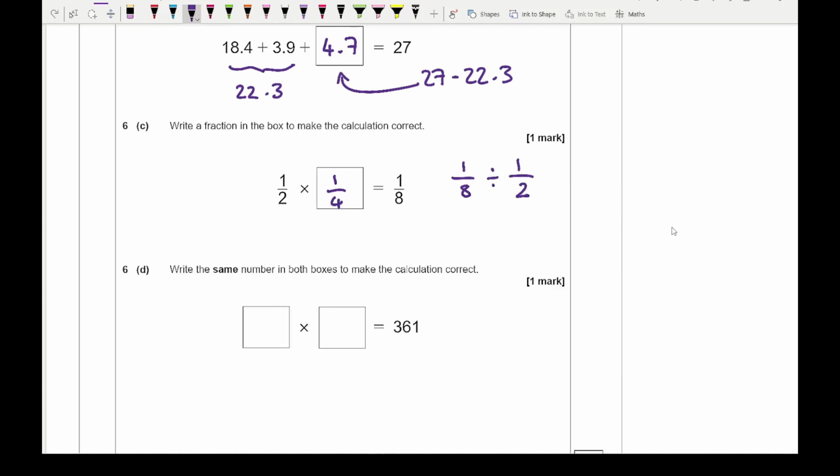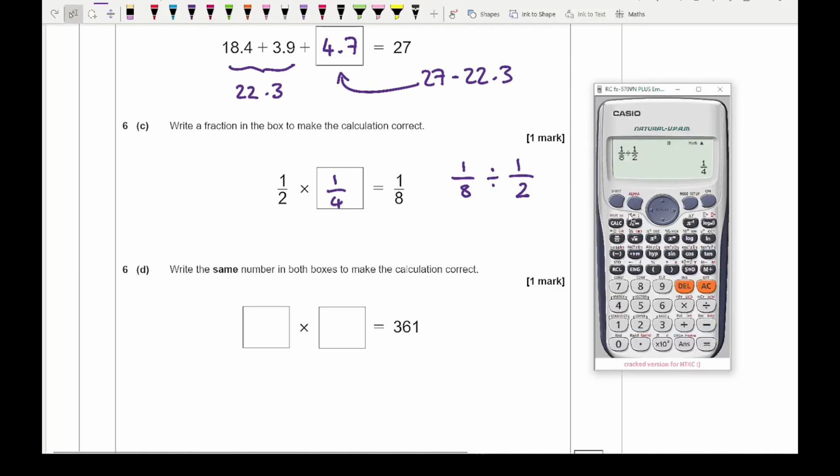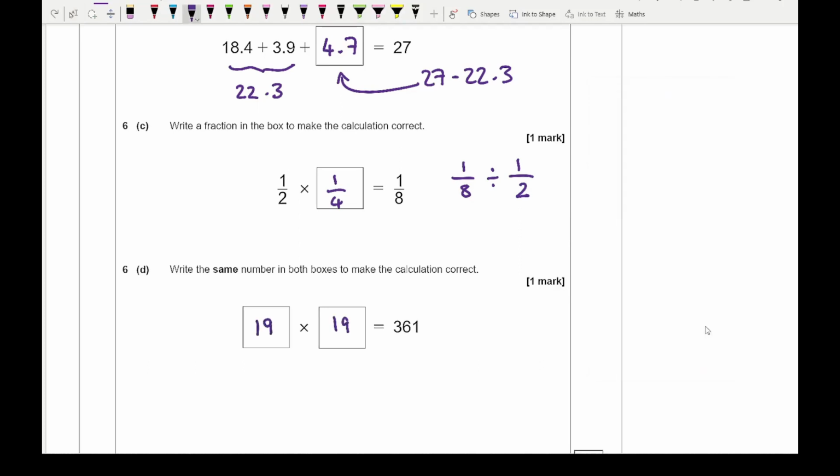Then for D, it says write down the same number in both boxes to make the calculation correct. So 361 is a square number, so what we need to do here is basically square root. So if I square root 361 equals, we get 19. Now another way of looking at this particular question is if I imagine that the empty boxes were x and